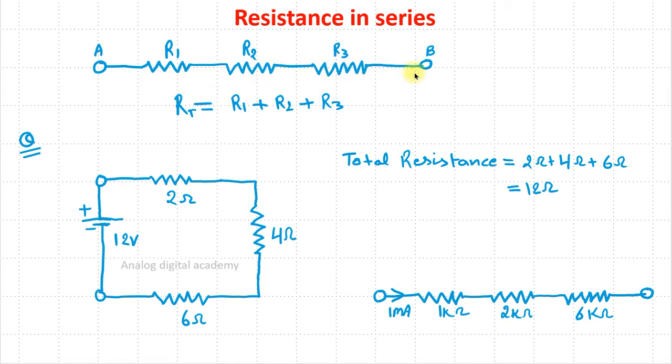So this is called the series resistance combination, and this is the formula to calculate the equivalent resistance of series resistance. Series resistance always adds with each other, and in the series resistance the current will always be the same in every resistance, but the voltage across every resistance will be different. This is the rule of series combination.